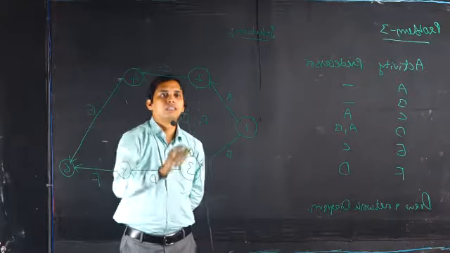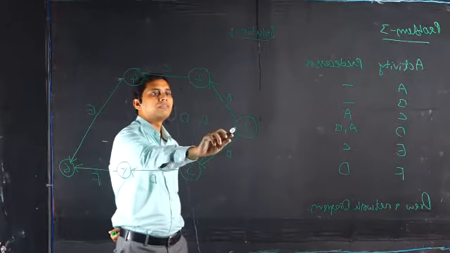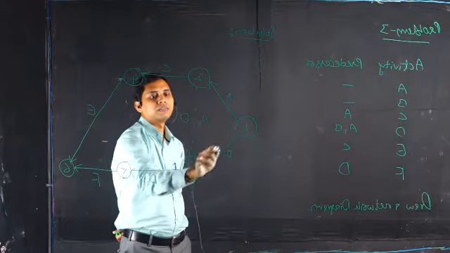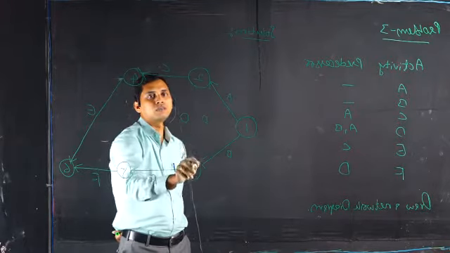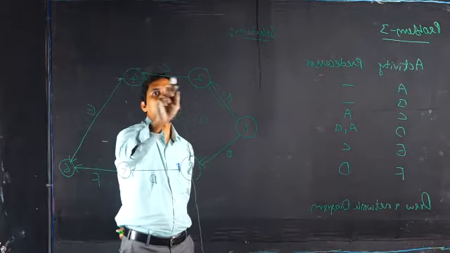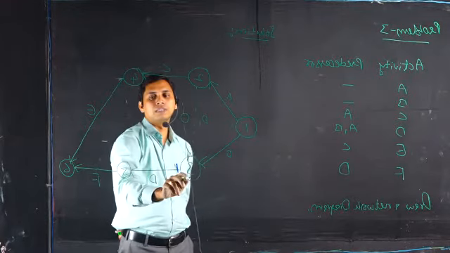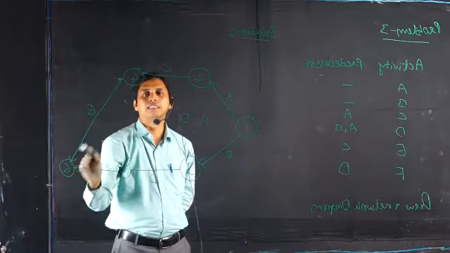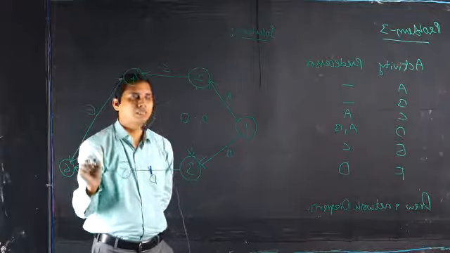Now look here. The tail event must be given a lesser number than the head event. Tail event 2, head event 4; tail event 3, head event 5; tail event 4, head event 6; tail 5, head 6. In this way the numbering has been given.